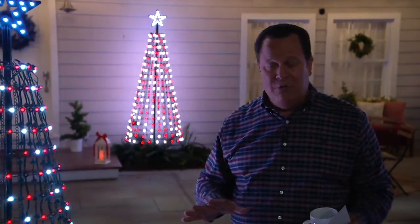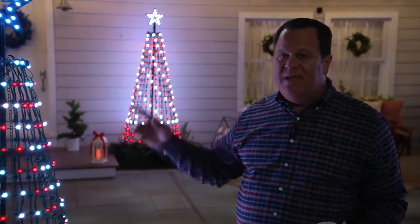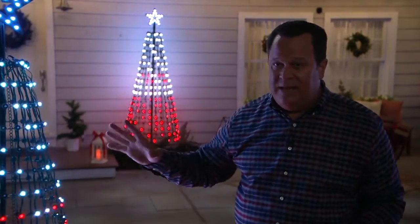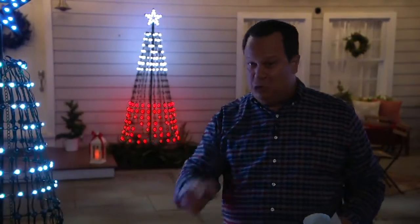going to find elsewhere. You might go to a home store and find some pixel tree, but it's not going to be this tree. It won't be this amount of technology. It won't be this many lighting functions. 43 different looks with this tree. You just saw Jess assemble it. It couldn't be easier. And at the end of the season, it collapses flat for easy storage until next year,